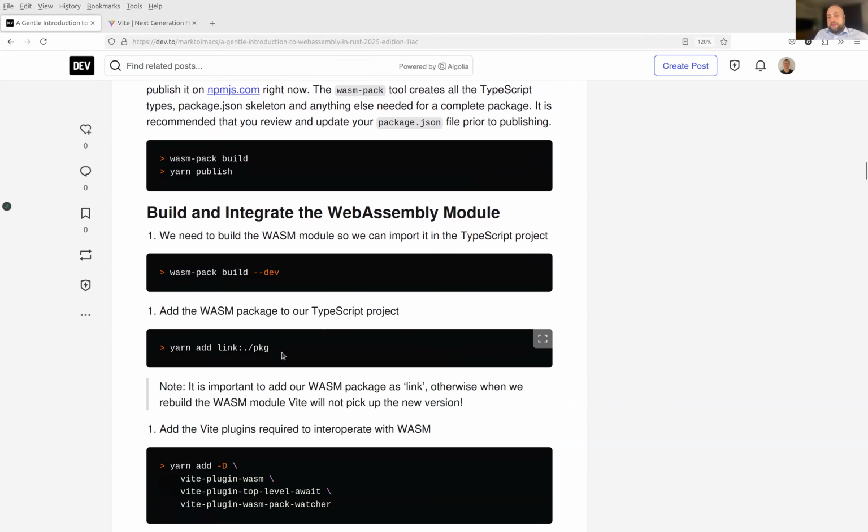The reason why we're using it this way is that by default, Yarn copies your packages, even if they are local packages, into the dependency directory, which is not very useful if we keep updating our code, because it will not update the dependencies. But if we use this linking, it will symlink the package directory. So every time we update our WASM, it will automatically be picked up by our main project. So copy and paste this and add it to your